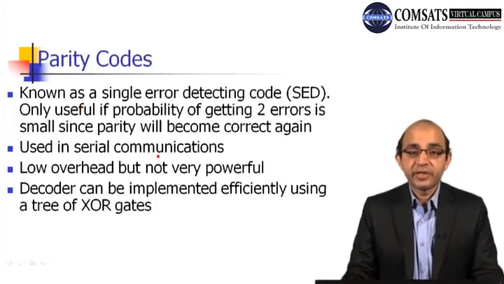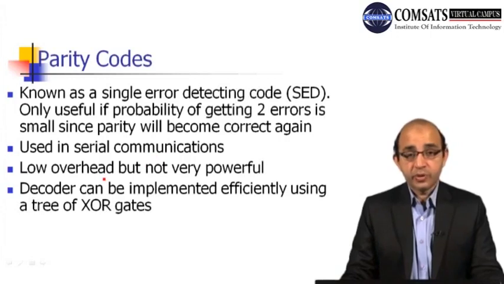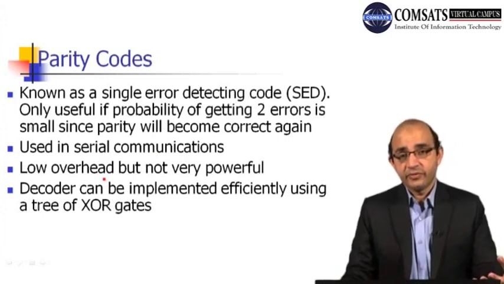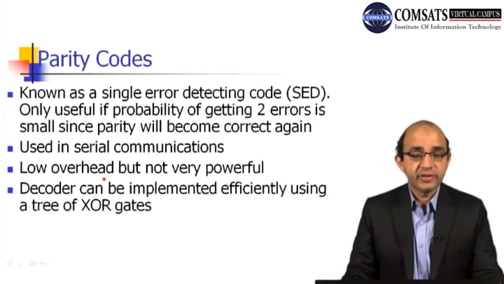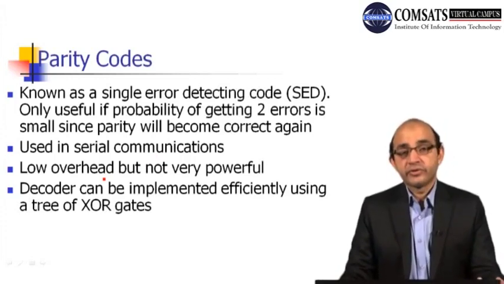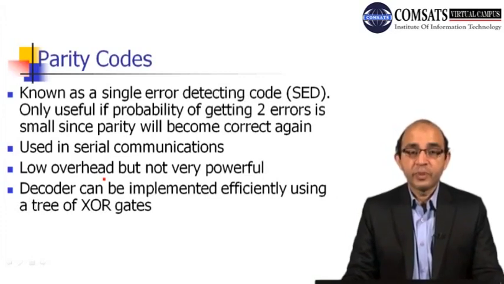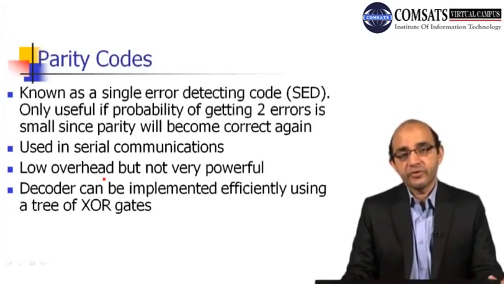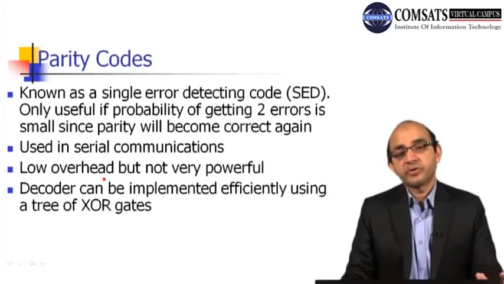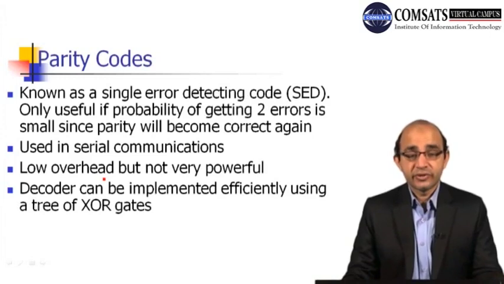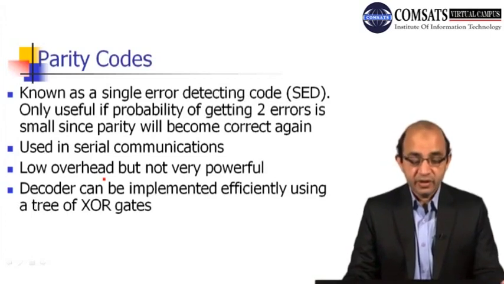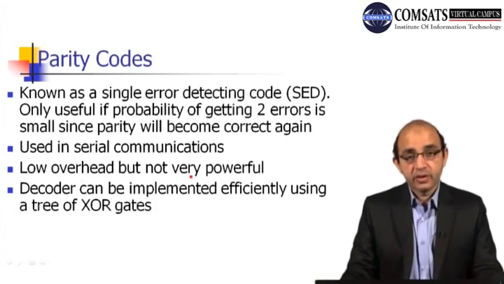So normally we prefer this methodology in serial communication, because the number of bits added as a result of this error detection mechanism is on the lower side, only one bit. Of course, if we have to add more bits, we have to transmit more bits alongside the data unit, which makes the circuitry complicated, and then we need more bandwidth to transmit those bits. So it introduces low overhead,